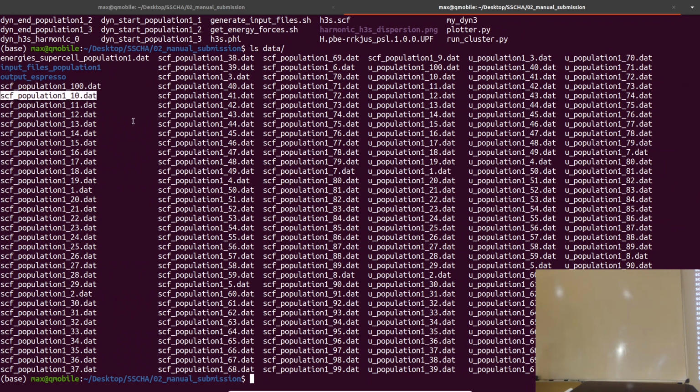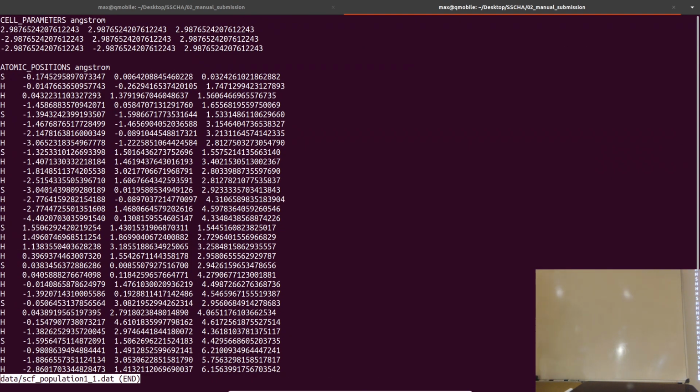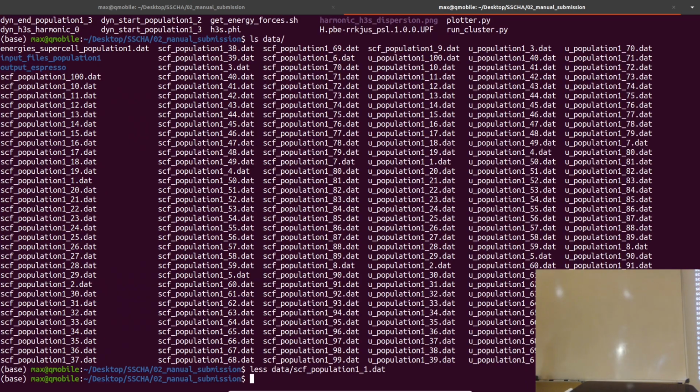Each SCF file contains a structure as I was showing before, for example population 1, number 1. This is in a valid Quantum Espresso format, so you can use whatever program you like to generate the input file for that program, do the ab initio calculation, and then